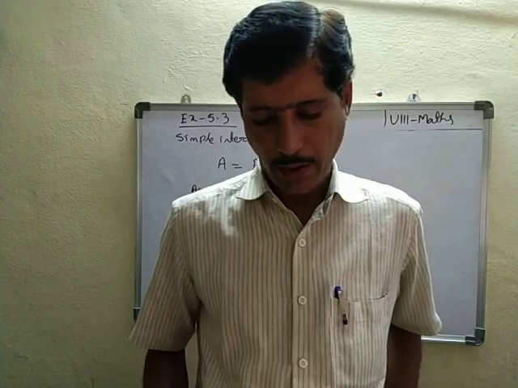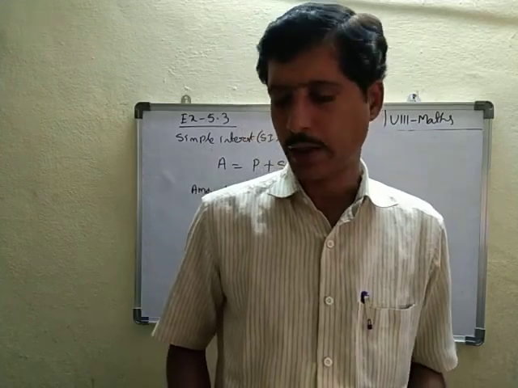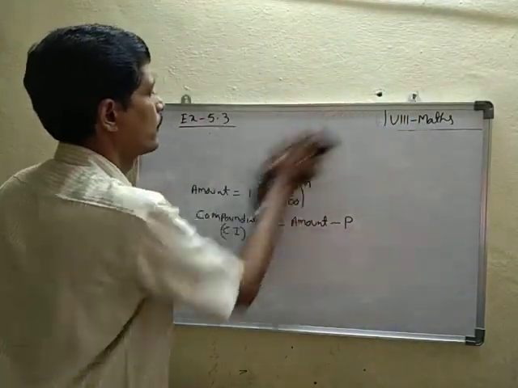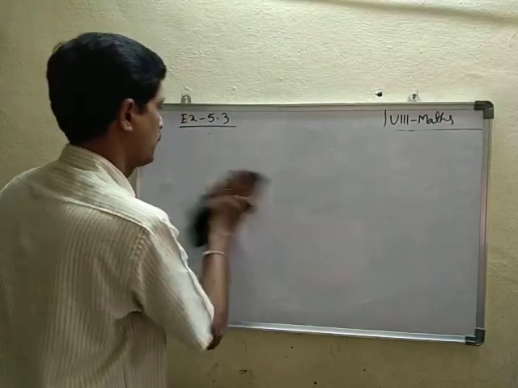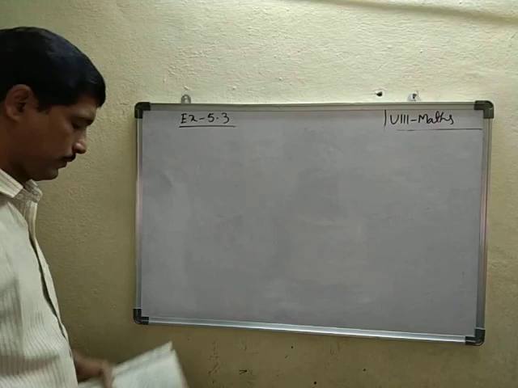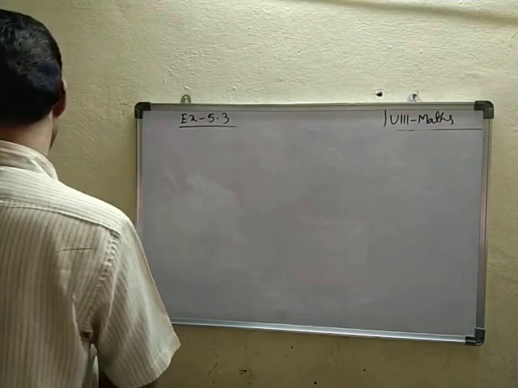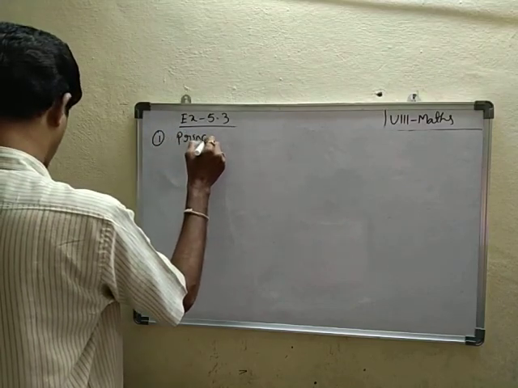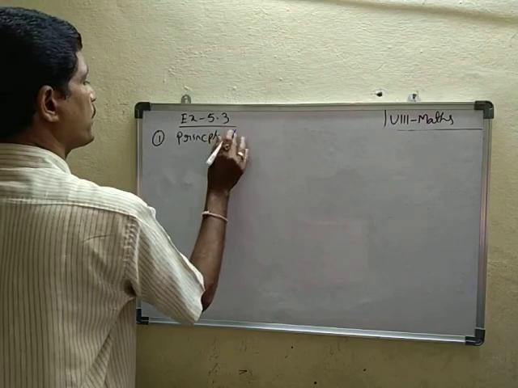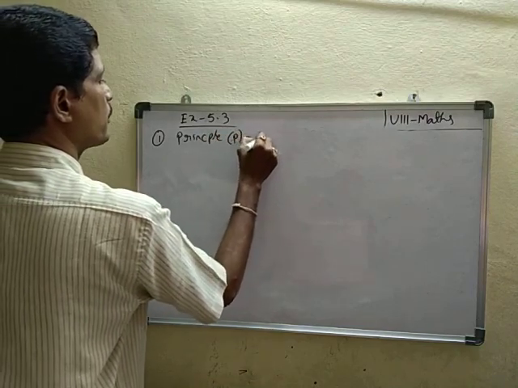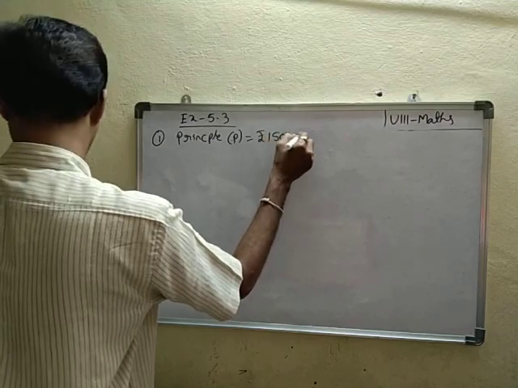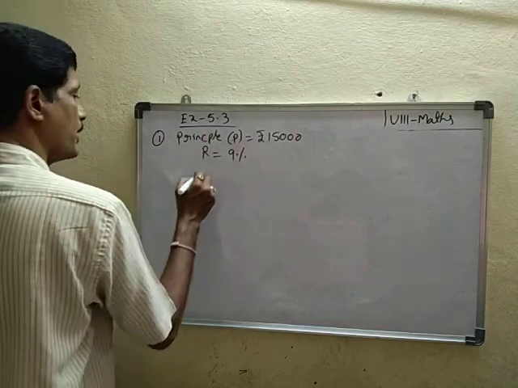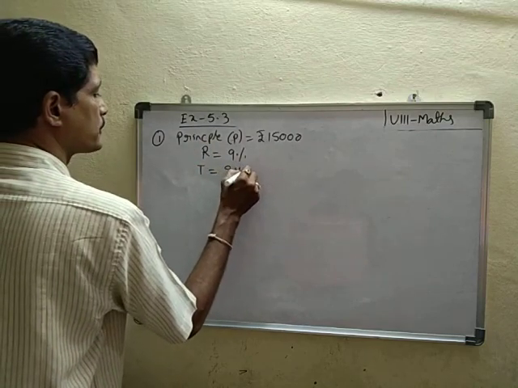First find out the interest and total amount. We can get that any way, your choice. That is 2 methods, therefore these formulas. Here first, principal is given. Principal, P equals 15,000 rupees. Next R, that is the rate of interest per annum, that is 9% per annum. T equals 8 years.